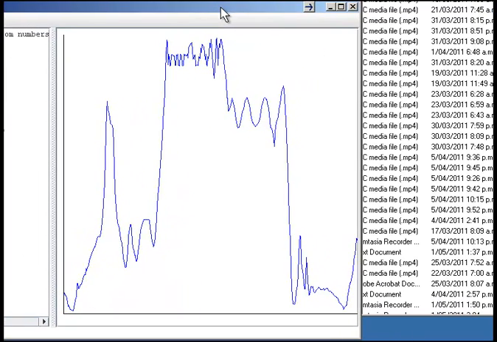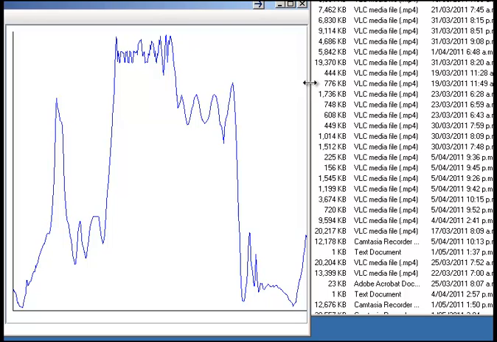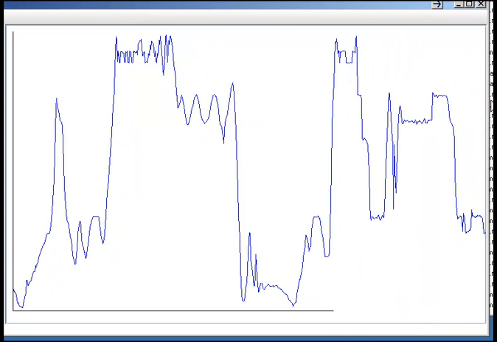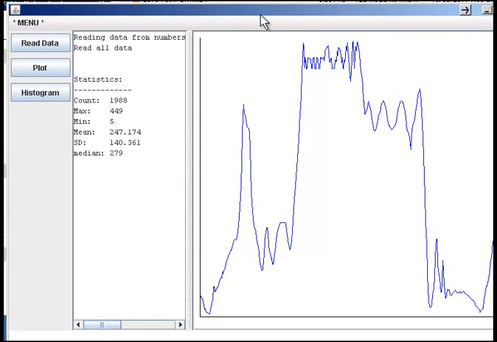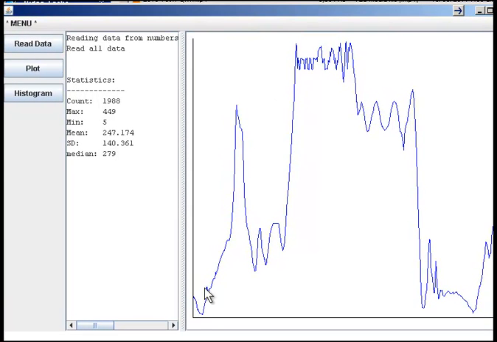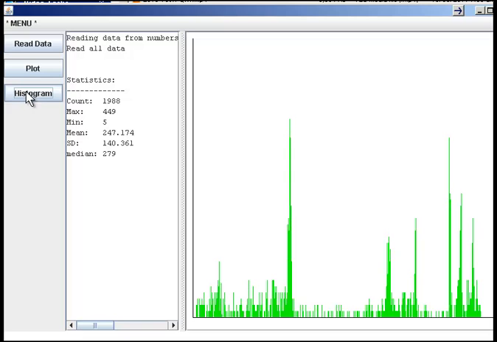If I resize the window, you'll be able to see that there's more of the graphics pane out there. But that's the same kind of plotting as before, plotting it from the array, not directly from the file. The other plot is a histogram, which is a bit like the